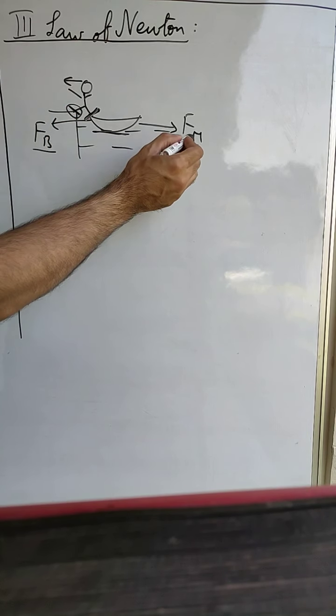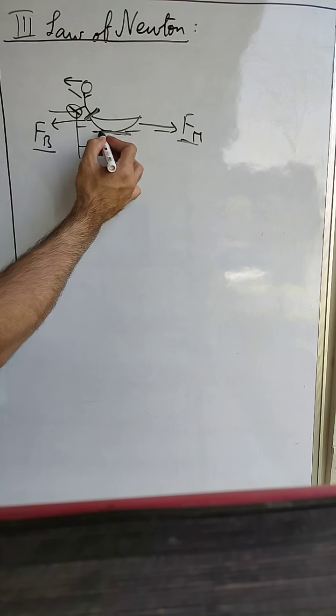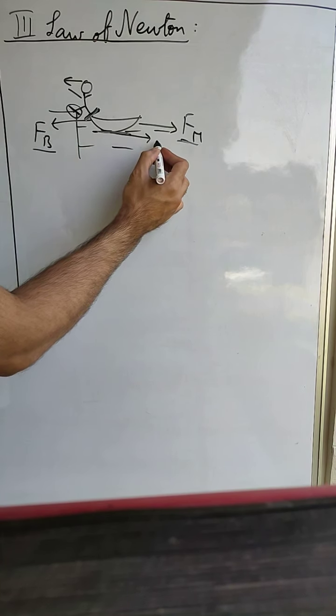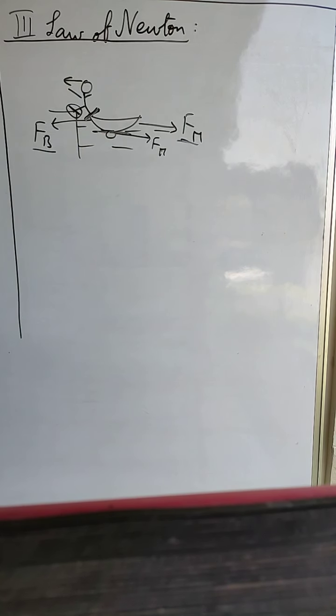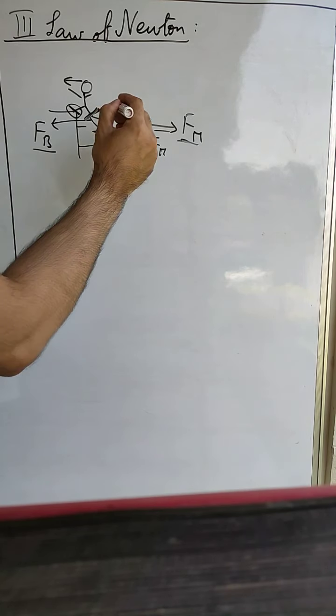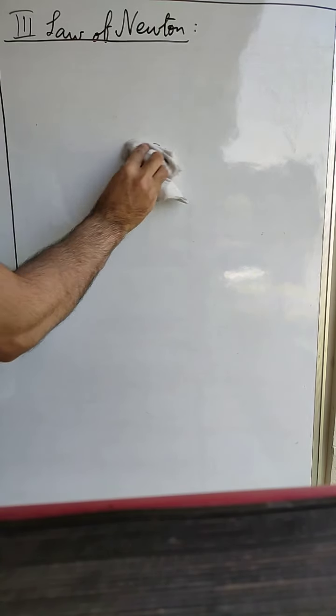But because of this force Fm, the force is transferred to this surface. So the boat applies a force here which is equal to Fm, but due to less friction, due to absence of friction, the water is not able to apply the same amount of force on the boat, and that is why the boat starts moving in this direction when we try to step off the boat on the ground. Okay, so this is how the action reaction pair works, or the third law of Newton works.